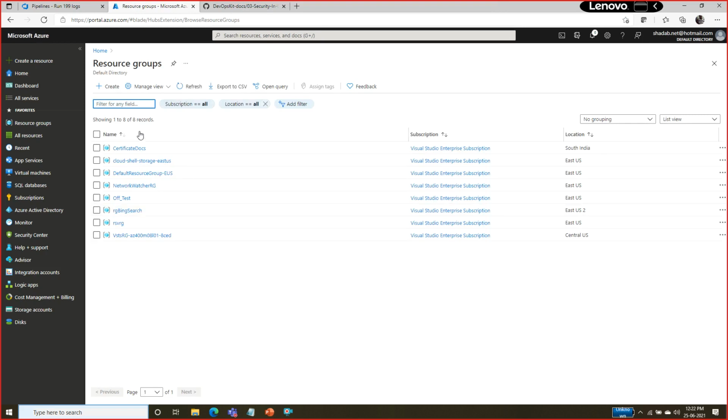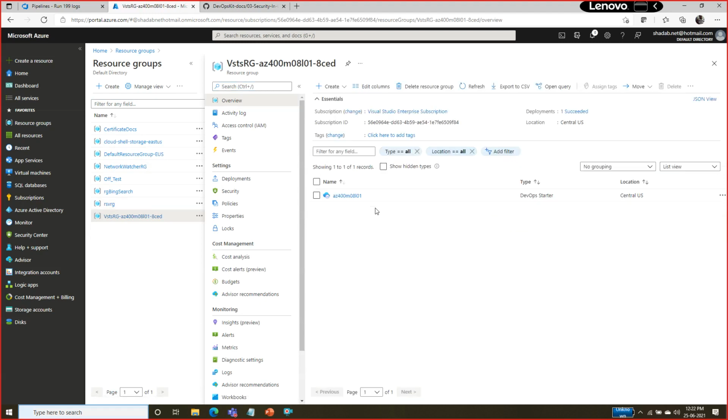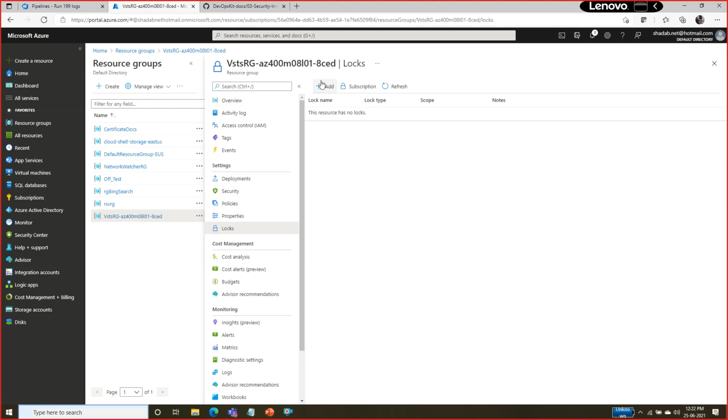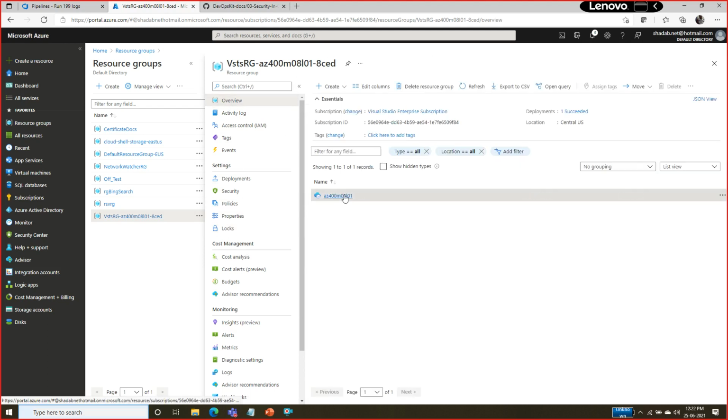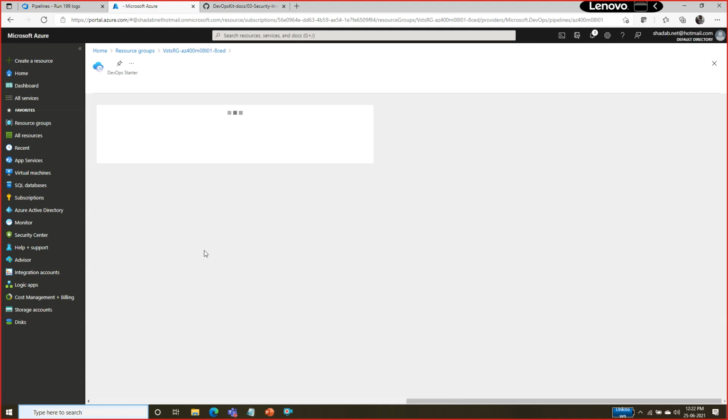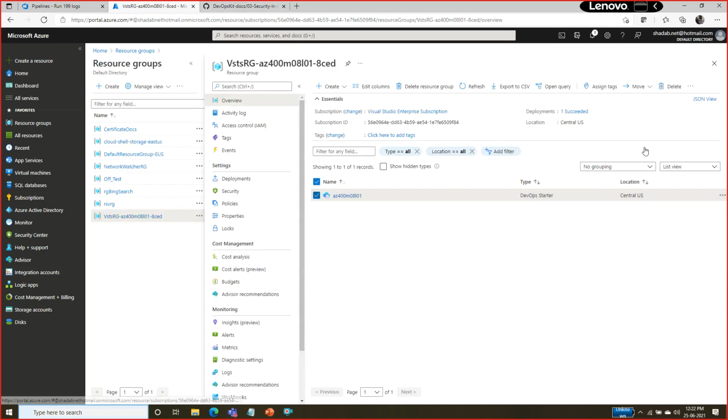Let's suppose I have a resource, something called this DevOps starter kit that I have created. I want to protect this resource. How can I protect it? I can go to something called lock and add a lock here. If I go inside this resource, I'll be able to modify it and change the resource settings. I can go ahead and delete the resource as well. I can select this resource, click on the delete button, and delete the resource. I can even delete the complete resource group.